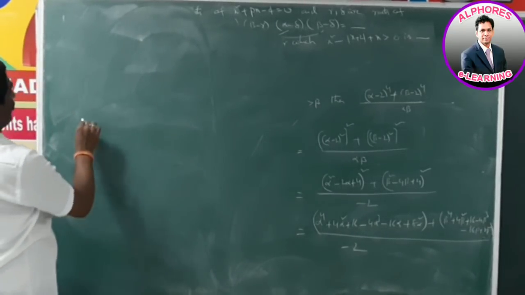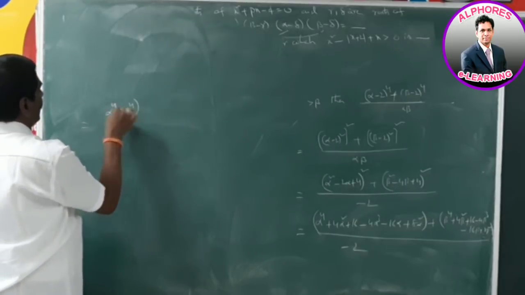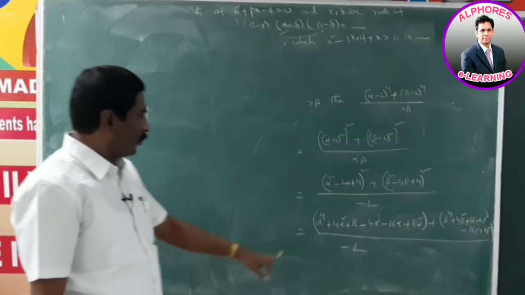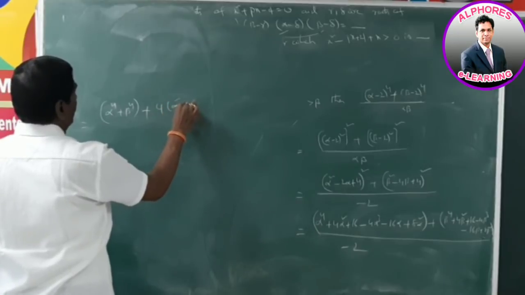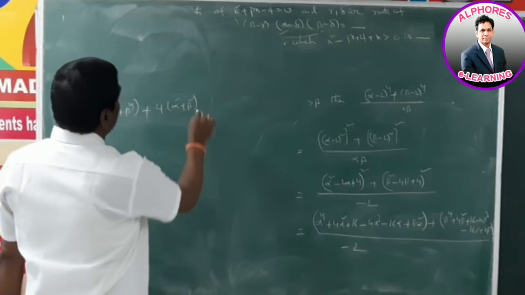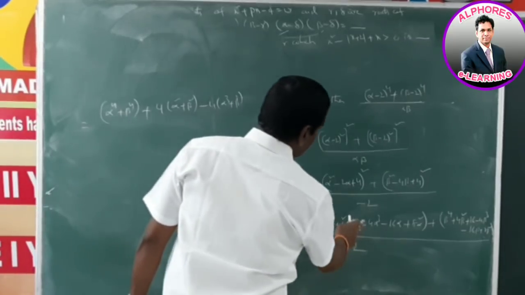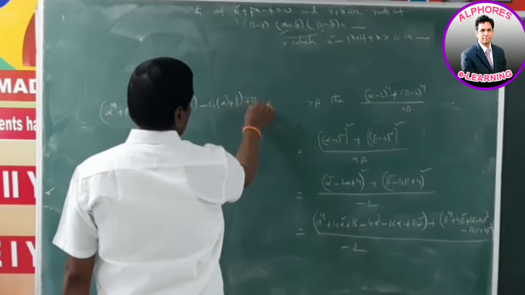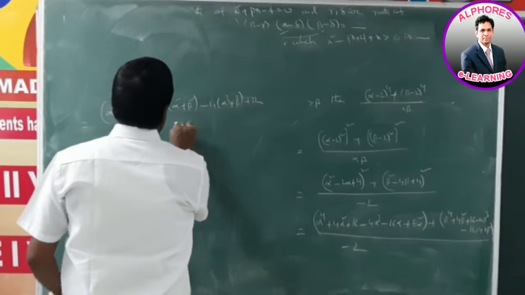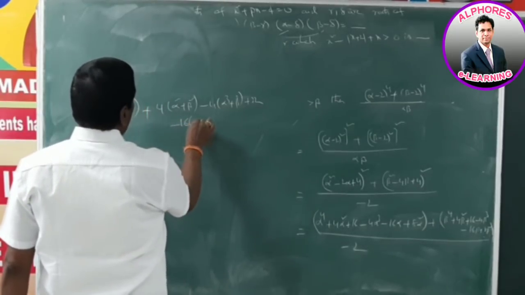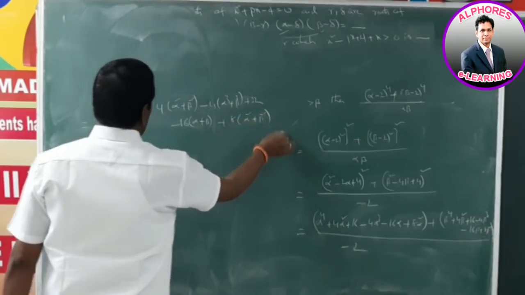Here the like terms are alpha power 4 plus beta power 4. Next, 4 alpha square plus 4 beta square, 4 is the common term, so 4 of alpha square plus beta square. Next, minus 4 is the common term, alpha cube plus beta cube. Next, 16 plus 16, that means 32. Next, minus 16 alpha minus 16 beta, that means minus 16 of alpha plus beta. Next, 8 is the common term, 8 of alpha square plus beta square, by minus 2.